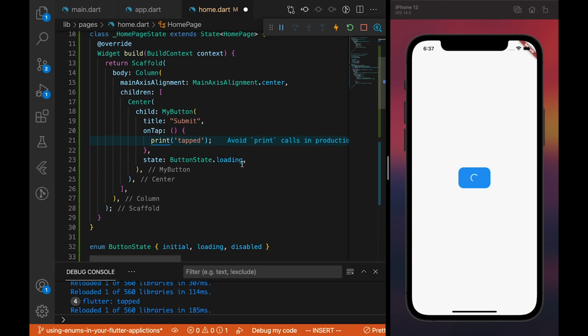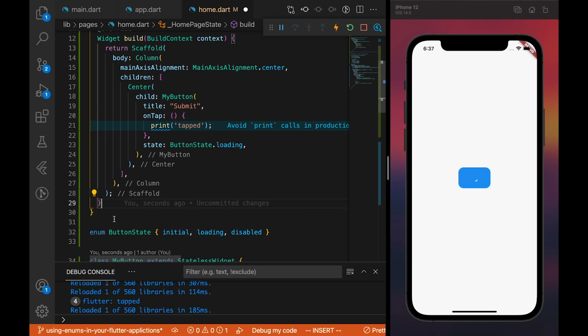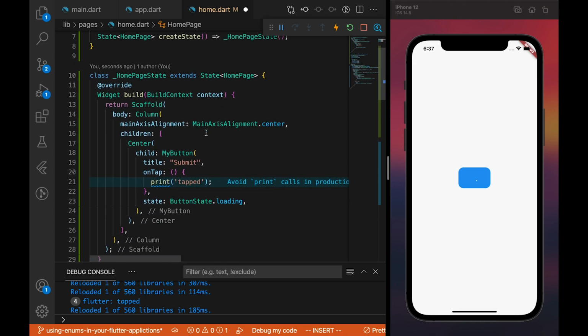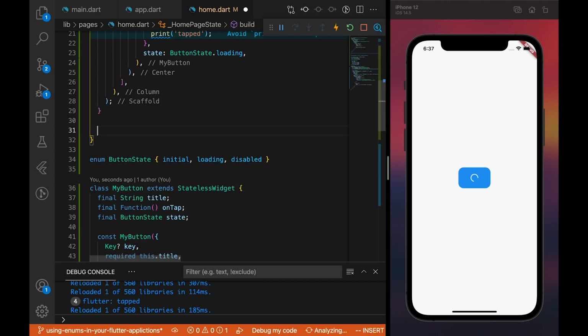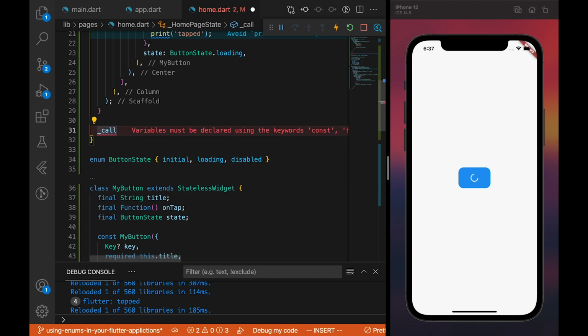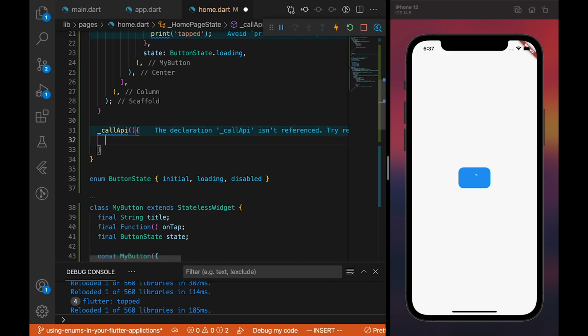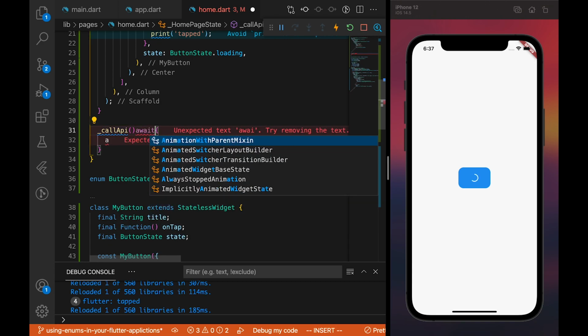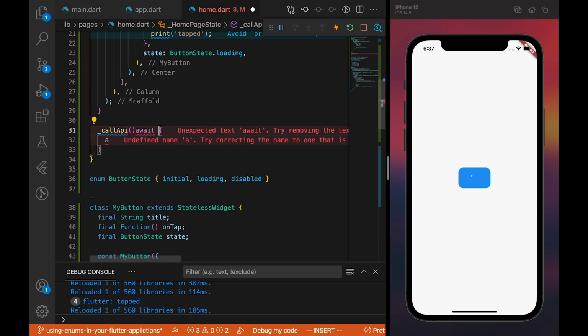do a few things. So we'll have a function here. We have changed this to a stateful widget here, and we can just do a few things here. We can just call a private method here, call API. So this is just a fake method to call an API. On this, we are going to await some things here. Yeah, this is going to be an asynchronous